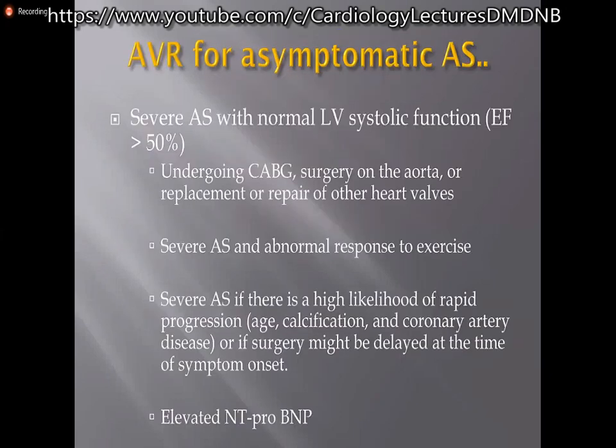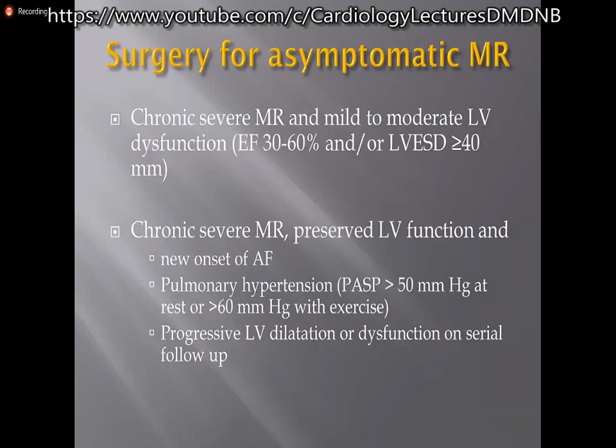So this is just for the indications list. Surgery for asymptomatic MR: chronic severe MR with LV dysfunction is an indication. See, we have this formula, what is called 60-40s. Ejection fraction less than 60, LVESD more than 40 for MR. A normal ejection fraction in severe MR is not normal. A normal ejection fraction in chronic severe MR is